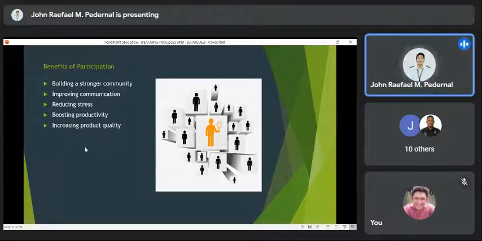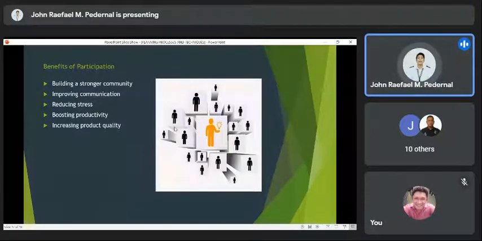Improving communication. Another big benefit of employee participation is the breaking down of traditional communication barriers. Employees that have a solid avenue for speaking to their thoughts and fears regarding the company direction are more likely to point out trouble points in the workflow or innovate new ways of doing things. Reducing stress. Participation can also serve to reduce stress in both employees and employers. Stress can build up over uncertainties regarding company changes because of the new workflows.